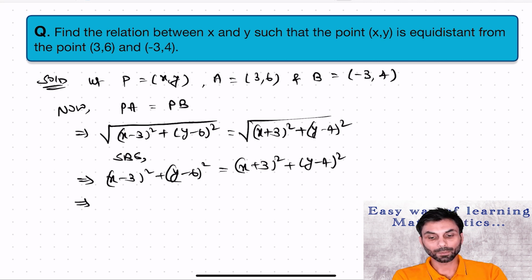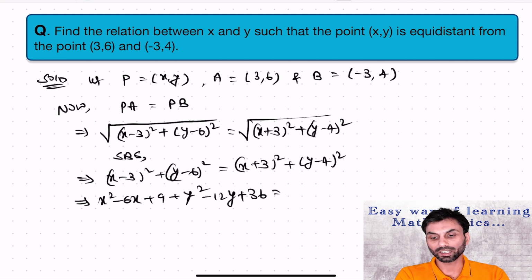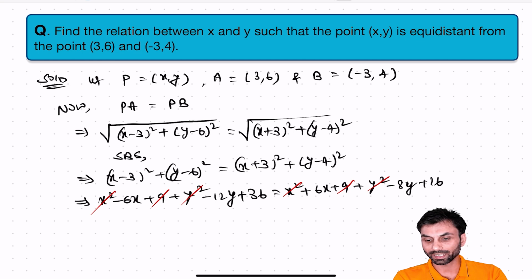Expand it using the (a plus b) and (a minus b) whole square identities, we will get x square minus 6x plus 9 plus y square minus 12y plus 36 equals x square plus 6x plus 9 plus y square minus 8y plus 16. Now x square and y square will get cancelled, 9 and 9 will get cancelled. So we'll get